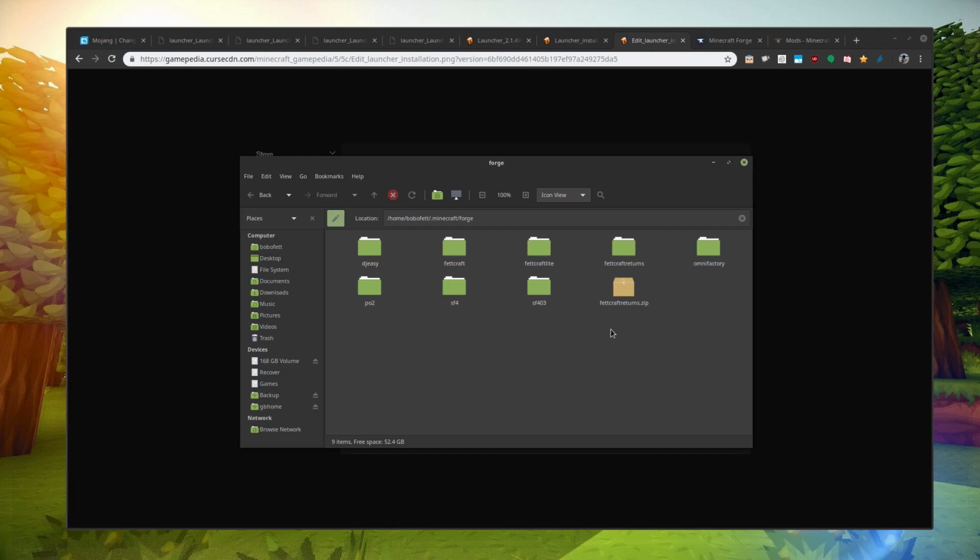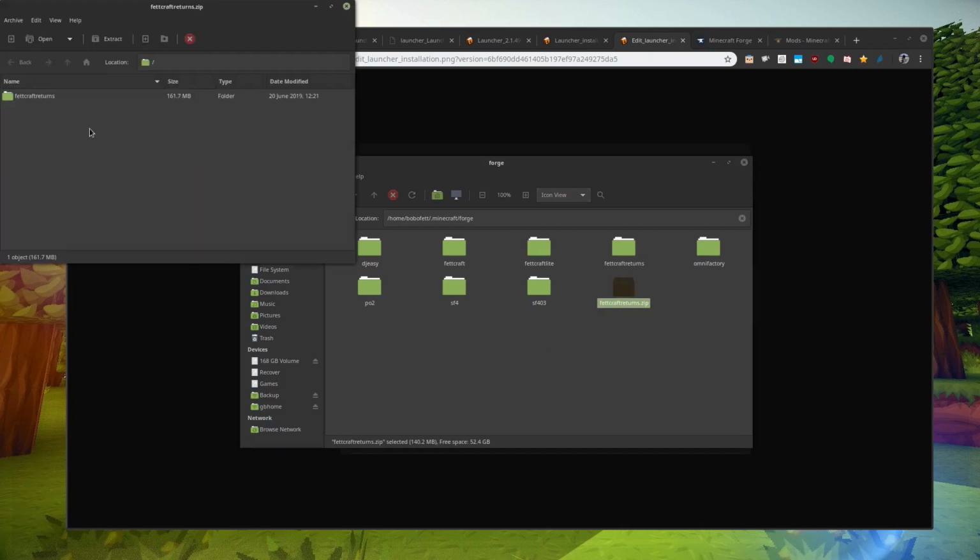And what will happen is I'm going to create a zip file that looks like this. And it will have a directory in it that's just the name, like this is Fetcraft Returns. I'll have some name for it. This is not what we're playing, but I'm just showing you this as an example. I'll send you a zip file, you'll unzip it, and there'll be this directory under here, and in that directory you're